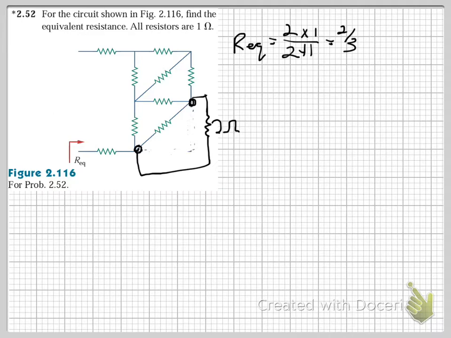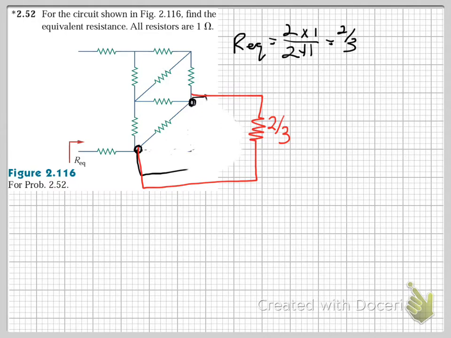So now this one is equal to 2 over 3. Okay, now I'm going to white out some more. Okay, and now we've got